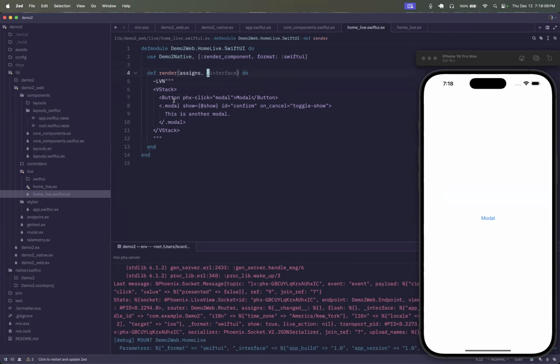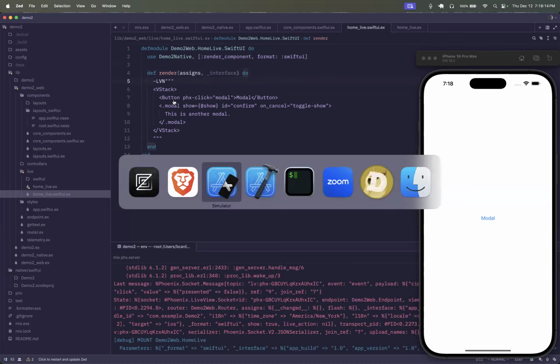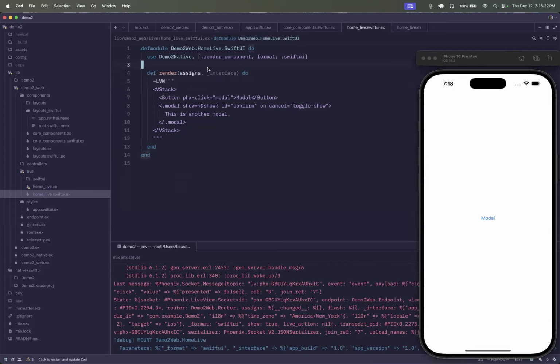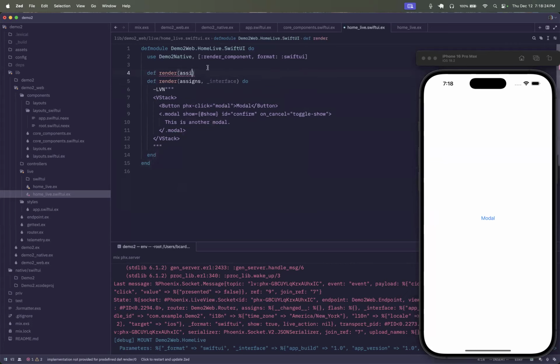If I were to connect with tvOS, this would render out. If I were to connect to watchOS, this would render out. So if I then change this to, let's put this right here. And we're going to do